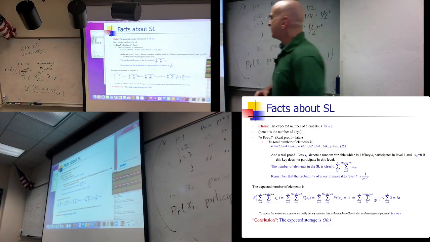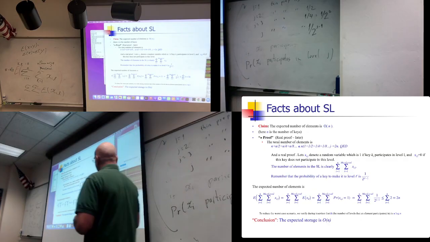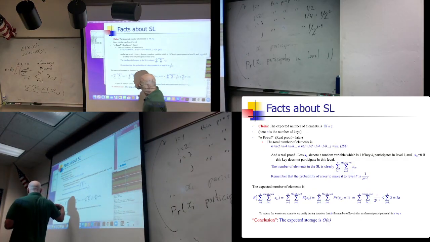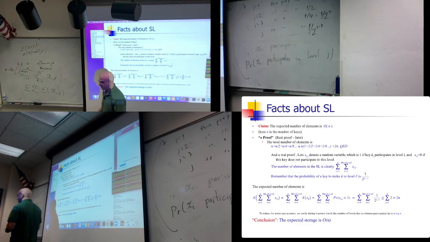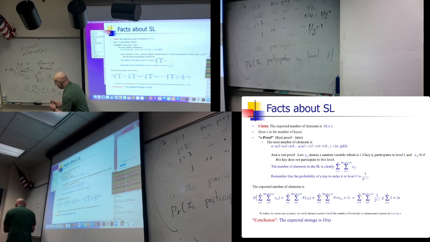And now I'm using the second trick that we saw with random variables when they are Boolean random variables, 0 and 1. What is the expected value of x_i? It's 0 times the probability that it's 0, plus 1 times the probability that it's 1. So we just care that this number is nothing but